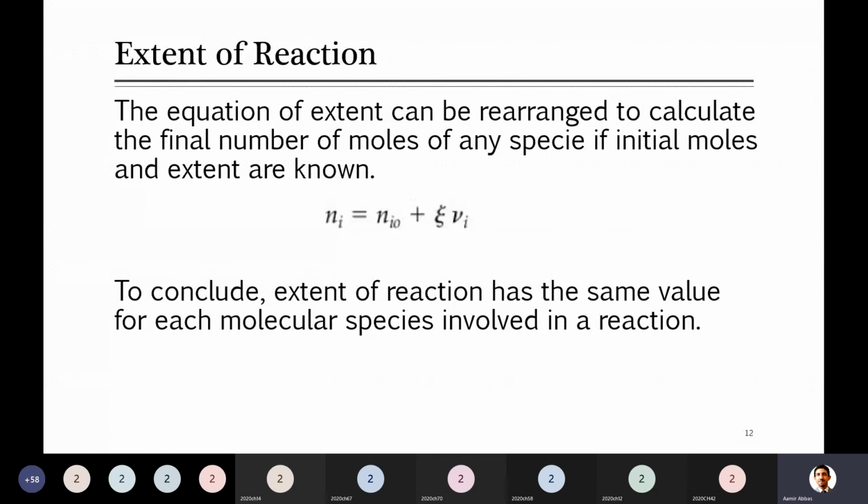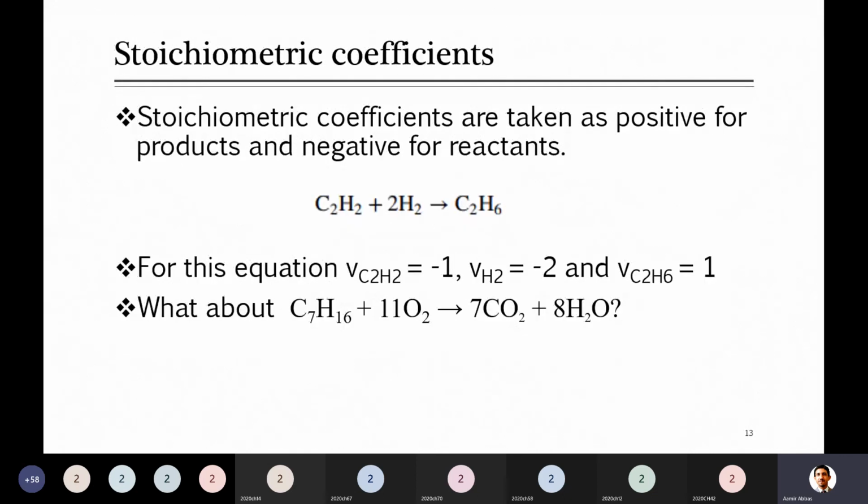Species means either a reactant or anything else; for example, 2 reactants, 2 products. So if you calculate the extent of reaction by using this equation, it will be the same for all species. Whichever one you calculate with, it will always be the same. But something called maximum extent is something different. We will look at that in a few minutes.